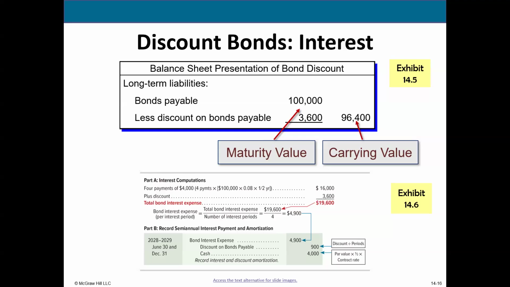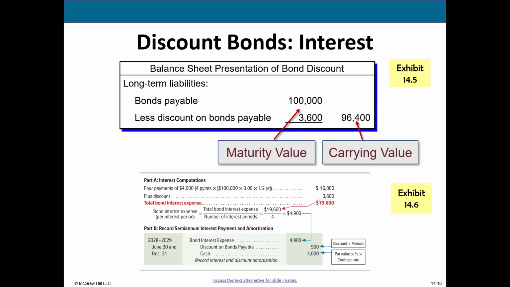And then we're going to pay that $4,000 a total of 4 times, because remember, we pay semi-annually, and in this case, it's for 2 years. So that's a total of 4 payments. So we take that $4,000 times 4 payments, and that gives us $16,000 total interest that we would pay